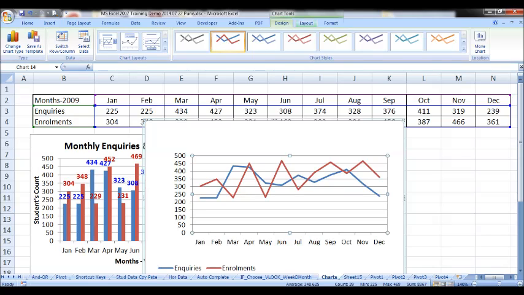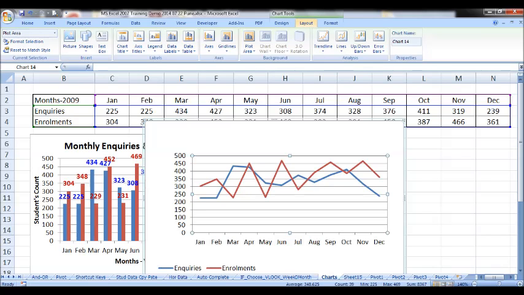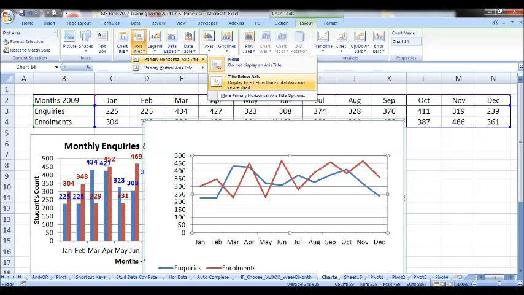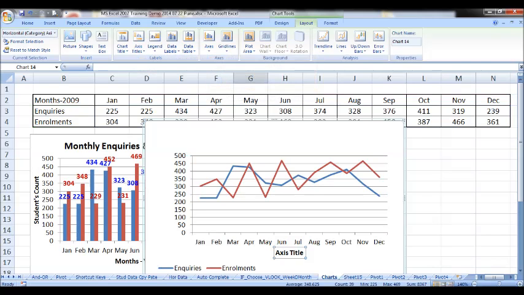Then against chart layout, then axis titles, primary horizontal axis, title below axis, that is type months.